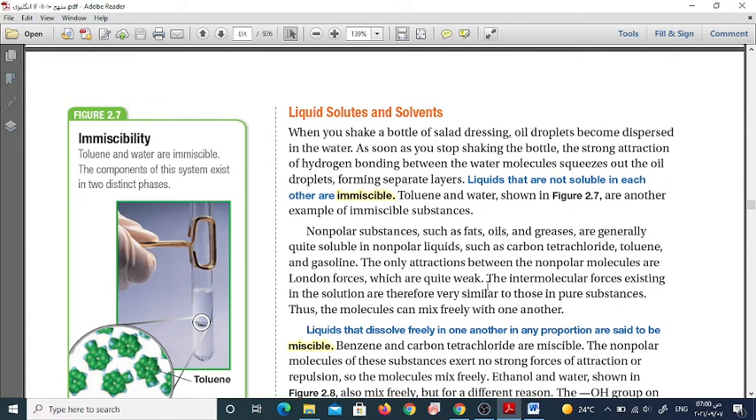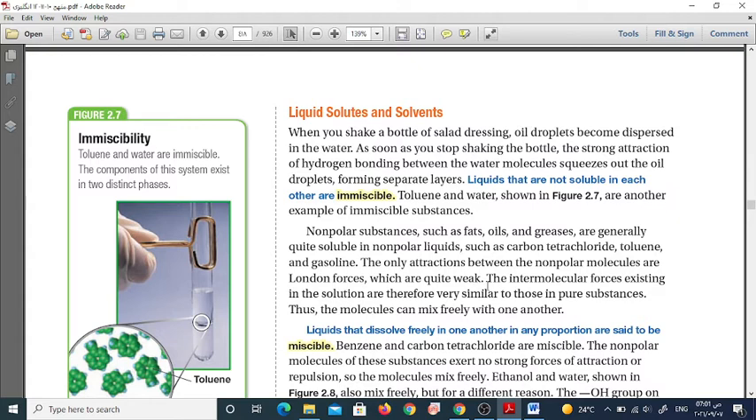Okay, here we have another terminology: immiscible and miscible. Miscible means that they will get dissolved. Immiscible means that they will not get dissolved. They will not be soluble. So what is the difference between soluble, non-soluble, miscible, immiscible? Soluble, non-soluble, this is for a solid solute in a solvent. Miscible, immiscible, this is for a liquid solute in a liquid